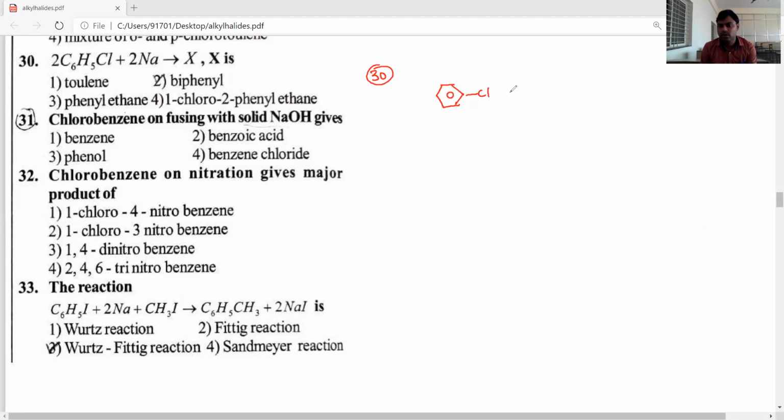Two chlorobenzenes, how many moles? 2 moles reacts with 2 moles of sodium metal in the presence of dry ether. Dry ether is a solvent. Then the loss of NaCl. The product is